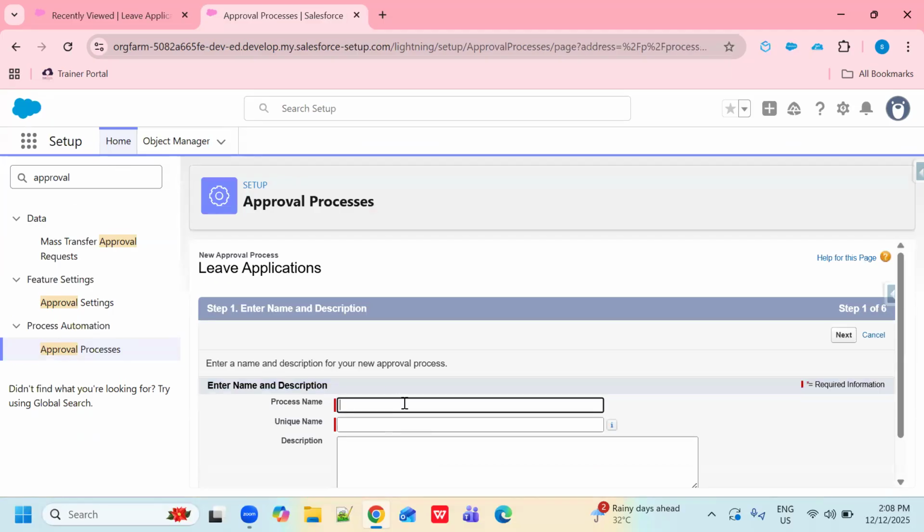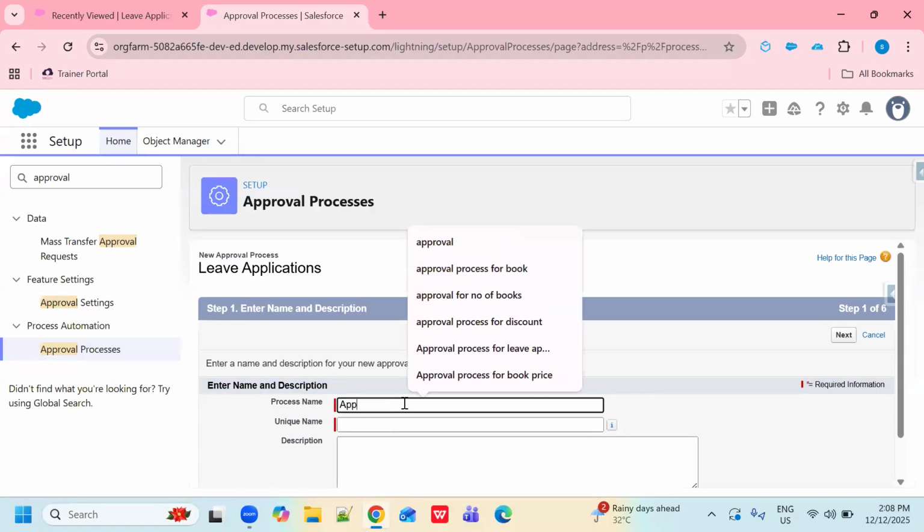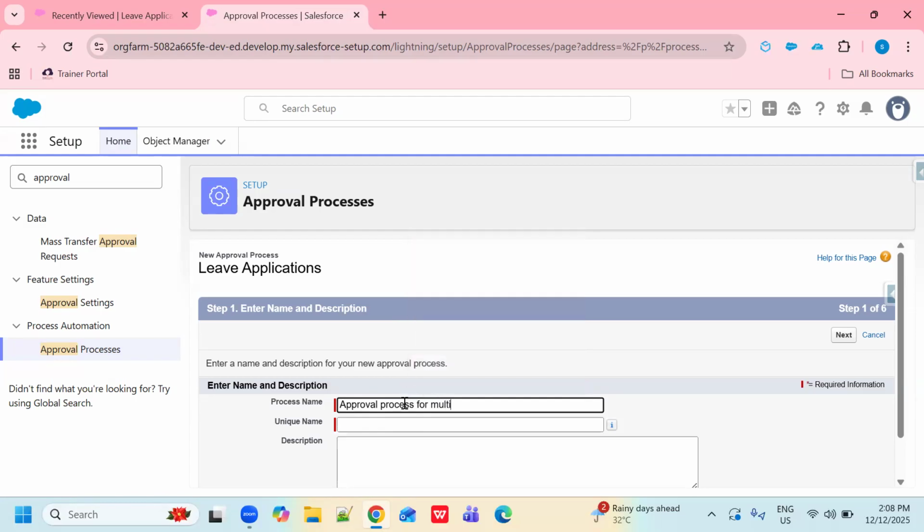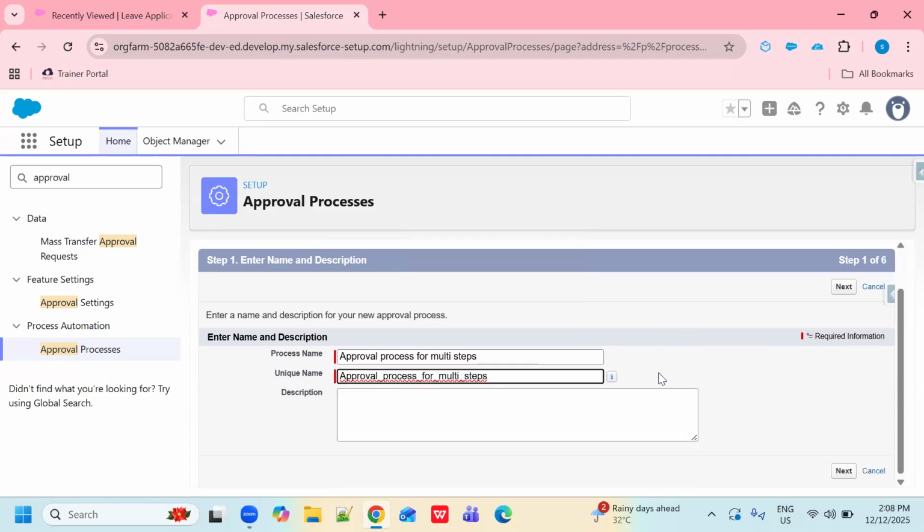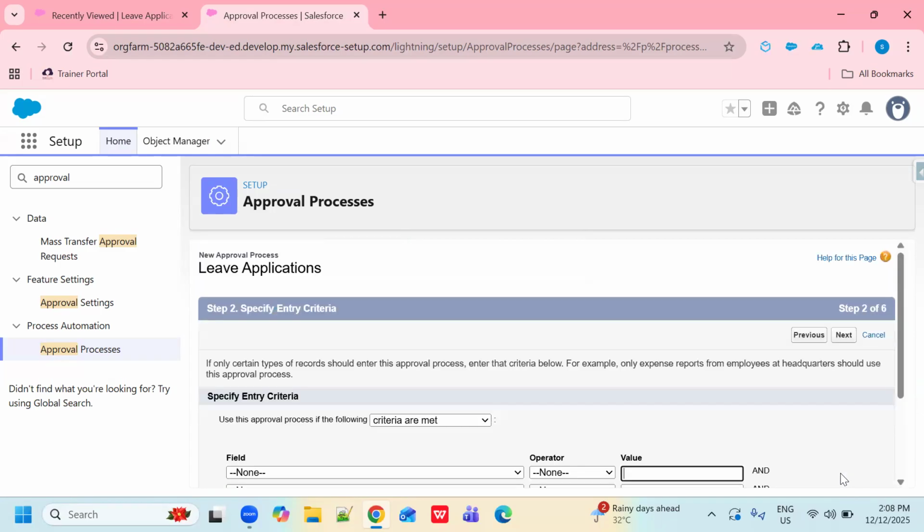Now my process name is approval process for multi-steps, right? So if you want to give any description regarding this, you can give. Now click on the next button.